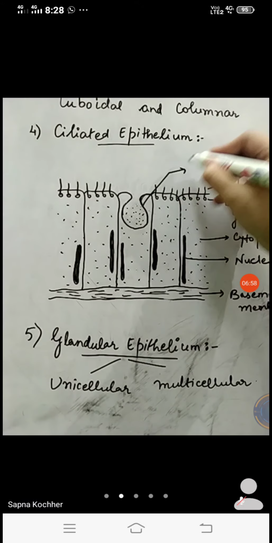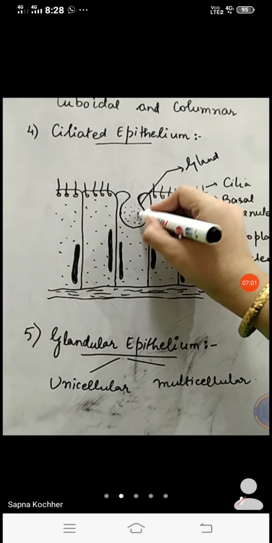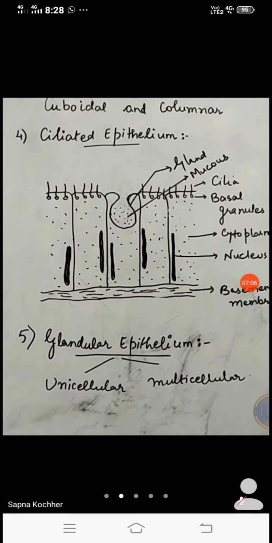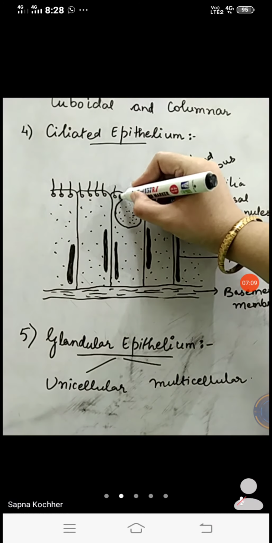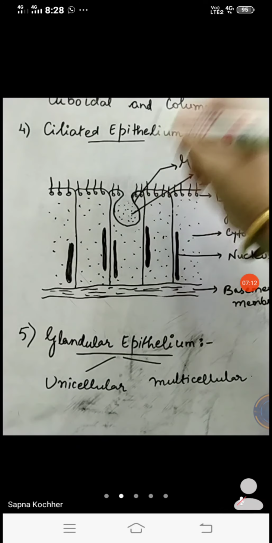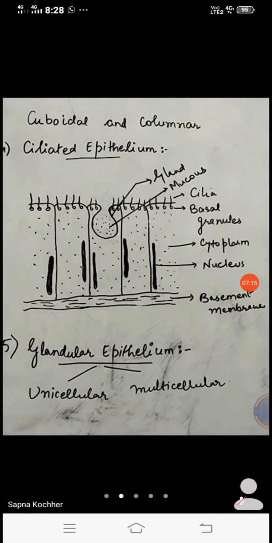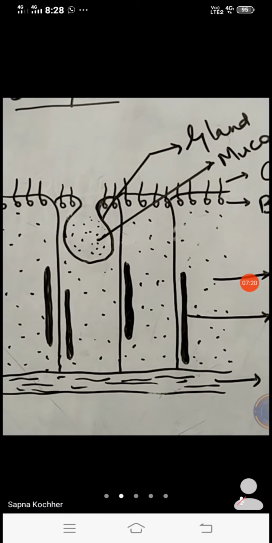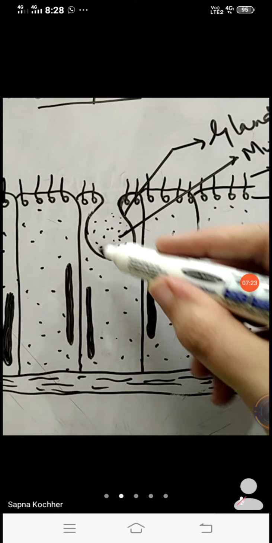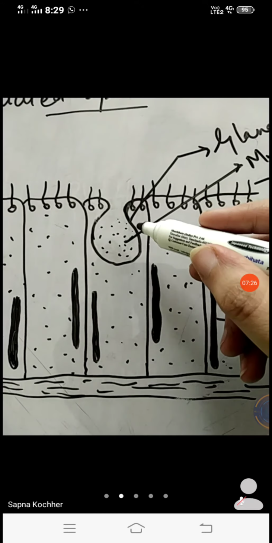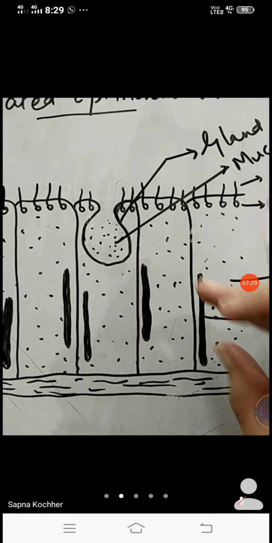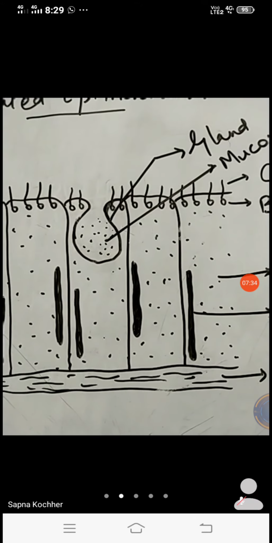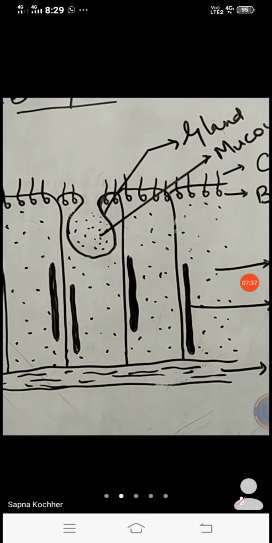This is a gland, and the special secretions in general we are naming as mucus. They may also bear the cilia over these areas where there is no embedding type of the layer or the membrane. Clear? You can see it from near. So this is a kind of gland which is produced within the cell, that is, the cell has been modified, and there are isolated cells of the unicellular type, that is, some of these will be modified producing these glands. There will be one gland in one cell, right?